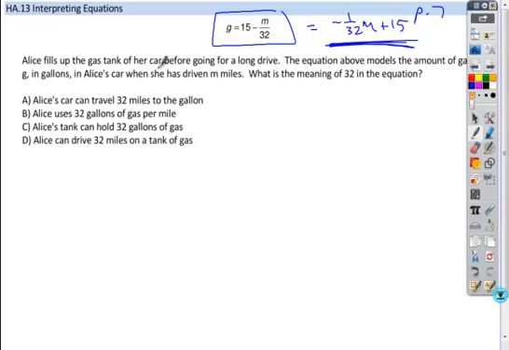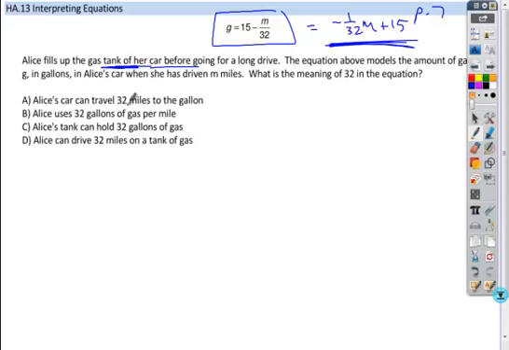Since they're telling you this is a tank of gas, what this means is the gas tank holds 15 gallons, and then it goes down by 1 over 32 per mile. You can interpret that information directly from that. Before I get to that interpretation, what I want you to see is that using process of elimination and eliminating answer choices that probably won't work is a very useful strategy on the SAT. Again, it doesn't help you in your normal math classes generally, but on the SAT, if you know this is based on reality and you look at these options,